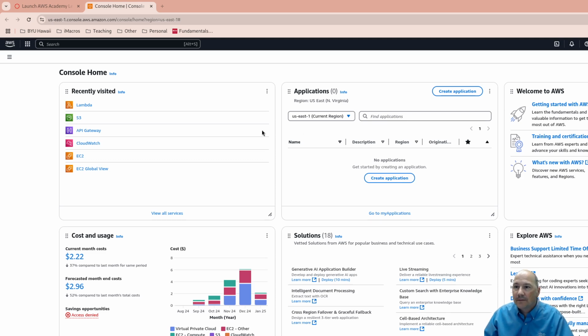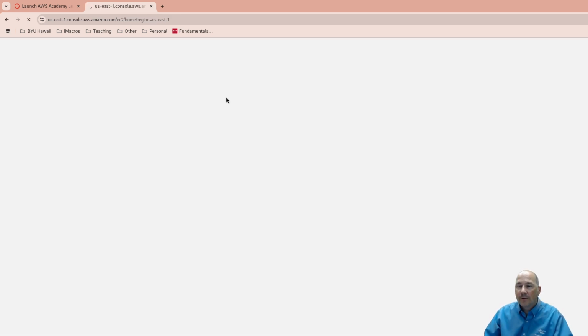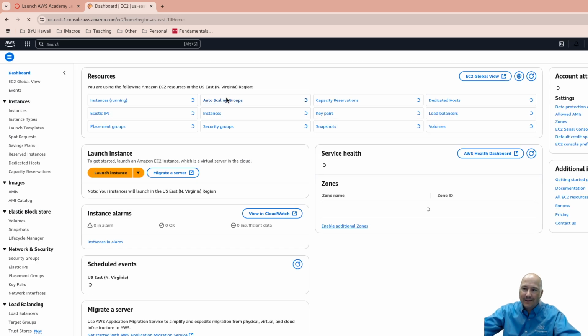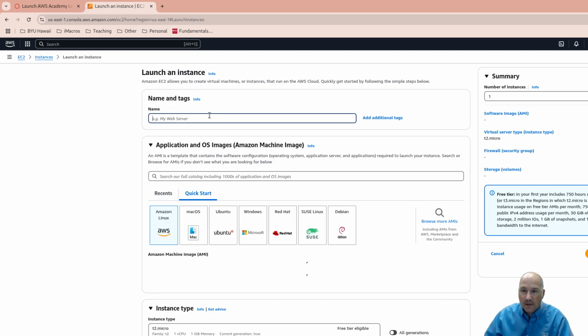Well, welcome back. So today I want to do firewalls. So let's go ahead and let's get into EC2. So when we're talking about firewalls, usually because we're putting systems behind them. So we're going to launch a new instance, and we're going to call this